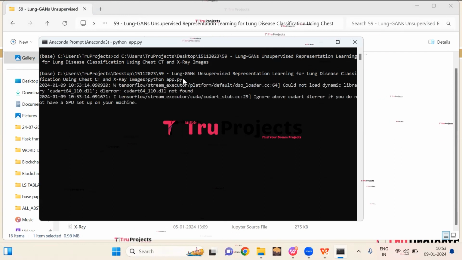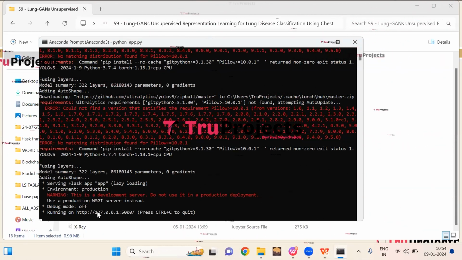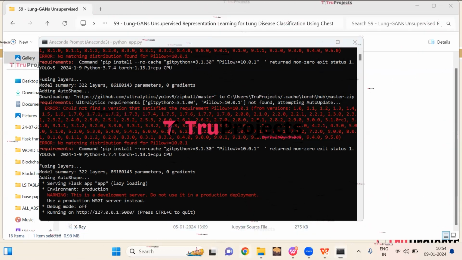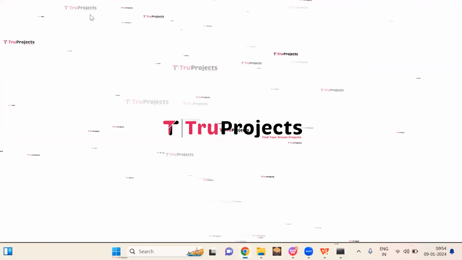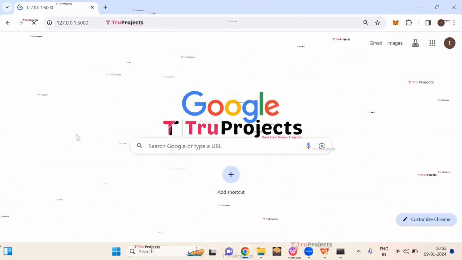This command will execute the Python script and perform a runtime check for any syntax errors or logical issues. After running the app.py file, the Flask framework will host the application locally at the default address localhost, which is this, and port, which is this. Now copy this local link provided by the Flask framework. I'm copying the link and pasting this copied link into any web browser. I usually prefer Google Chrome and hit enter.